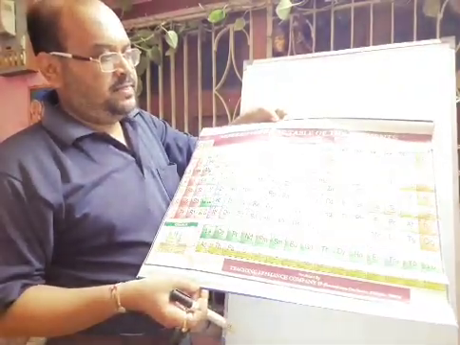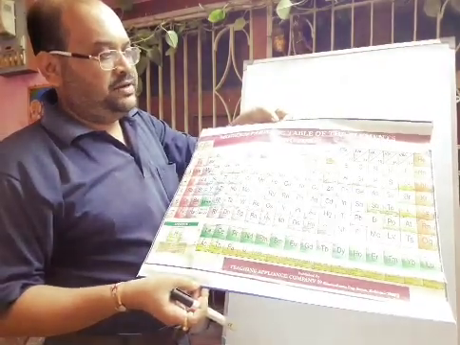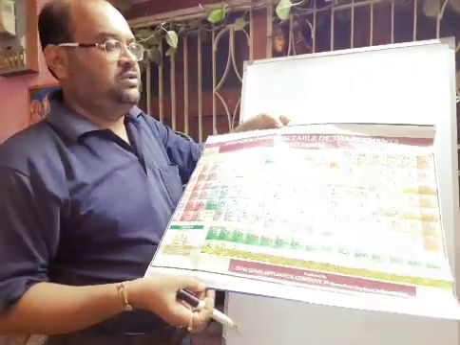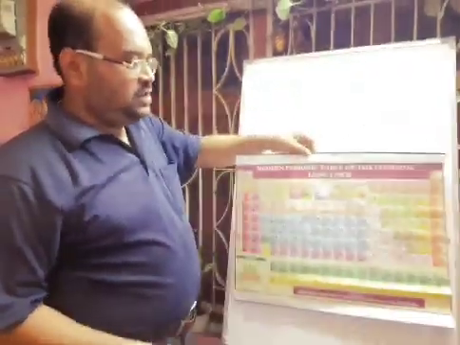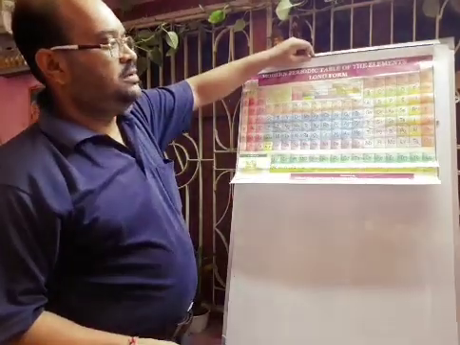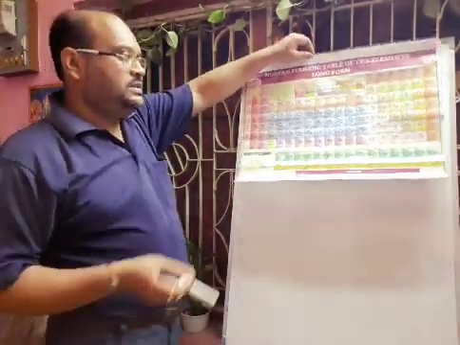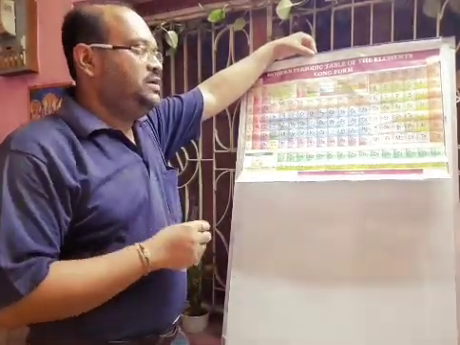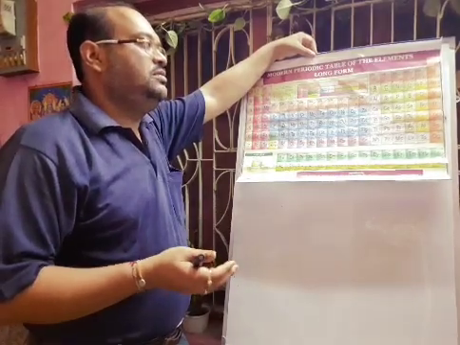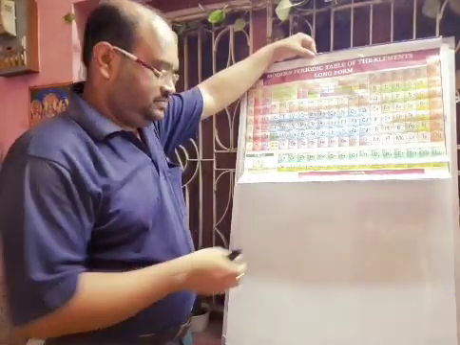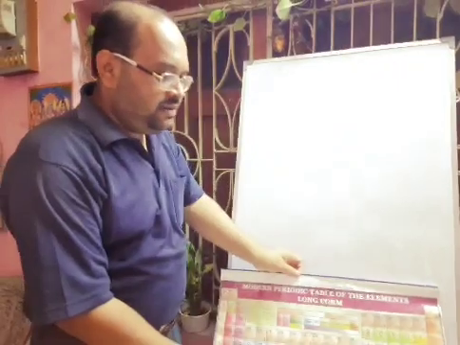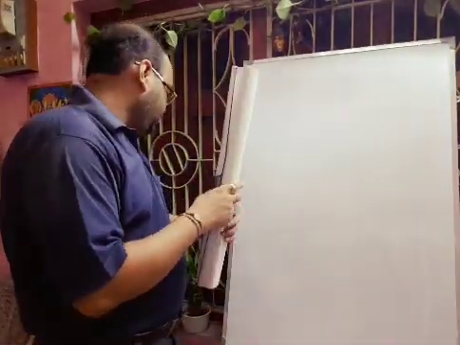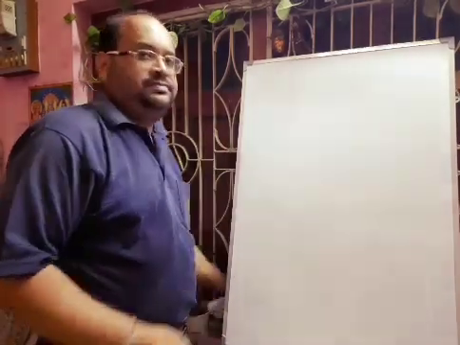So this type of periodic table you have to purchase and paste in your study room, and every day you have to see this periodic table, okay. If you make it a habit to understand the periodic table, then when you go to class, it will be very easy to remember this. In this way, you have to remember the valencies from the position of the elements in the periodic table.